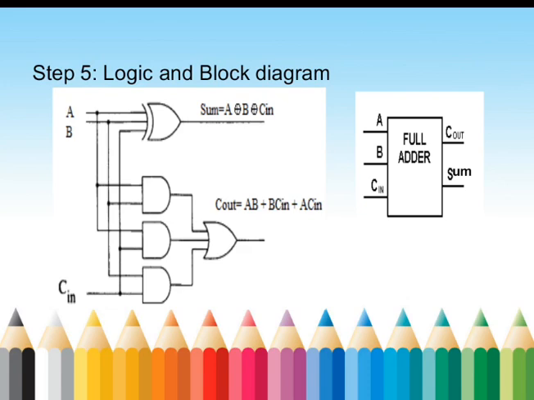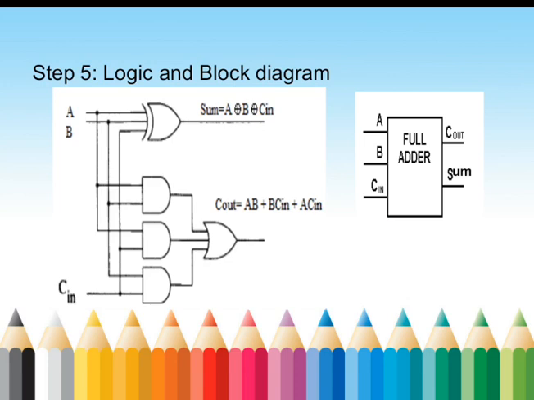The first AND has inputs A and B, the second AND has inputs B and Cn, and the third AND has inputs A and Cn. Finally we add the outputs of the 3 AND gates to get the carry output expression,